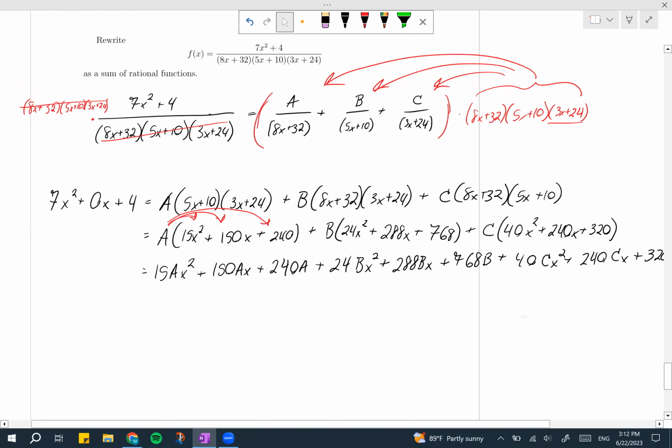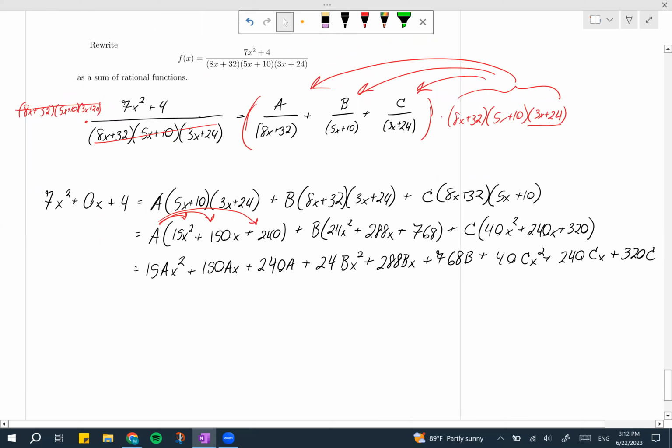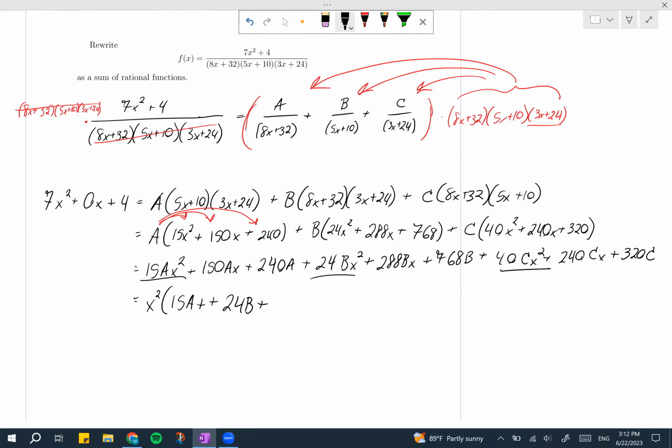Now I'm going to group these terms by the x squared, the x, and the constant term. This is going to give me x squared times (15a plus 24b plus 40c), plus x times (150a plus 288b plus 240c),